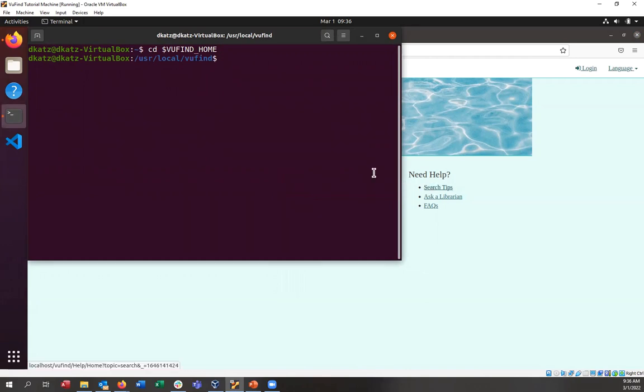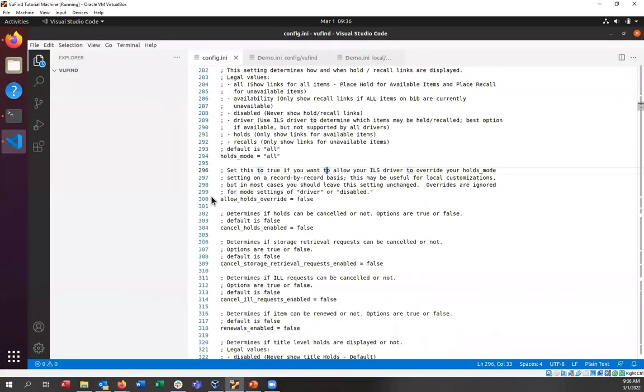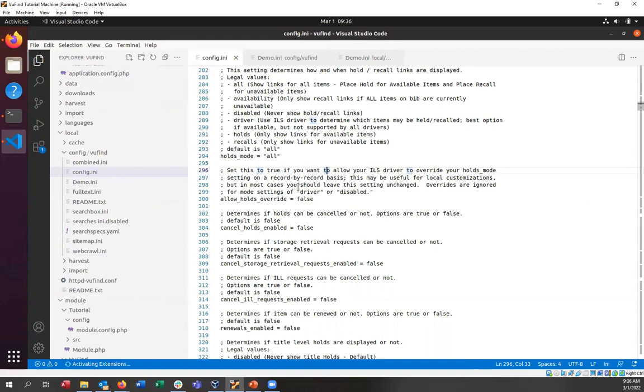And I am actually going to also bring up my code editor, since we'll be editing some files and running some commands. So the first step in adding a custom field to VuFind is to index the data that we want to